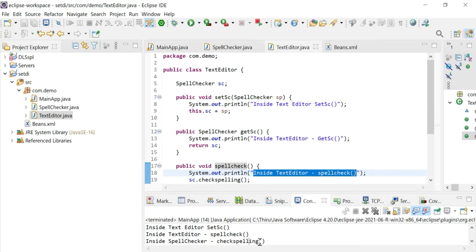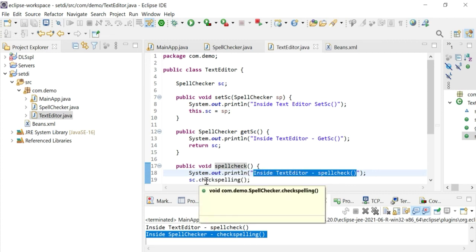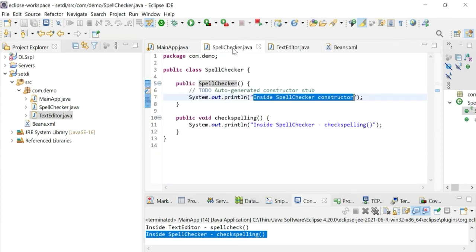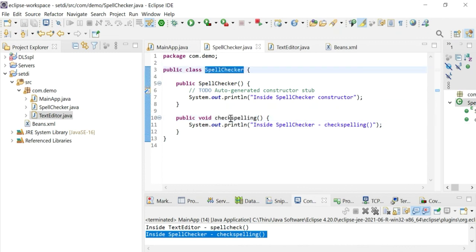And then you can see inside spell checker check spelling. When the spell check method is called, in turn the check spelling method which exists in the spell checker class is called using the spell checker reference variable sc.